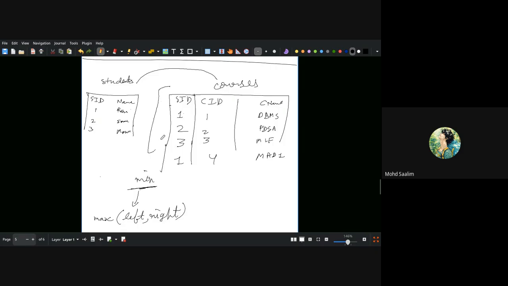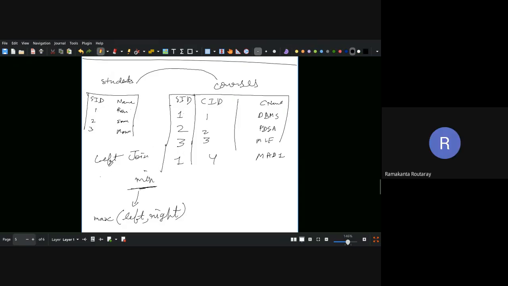In this scenario, if we are working with a left join, what is the number of rows that you will get? On the left I have only 1, 2, 3, so the minimum will be 3, right? What about this? Will it not make a join? After the join, you will have 4.